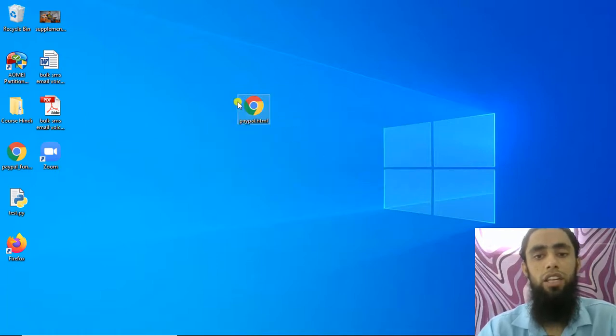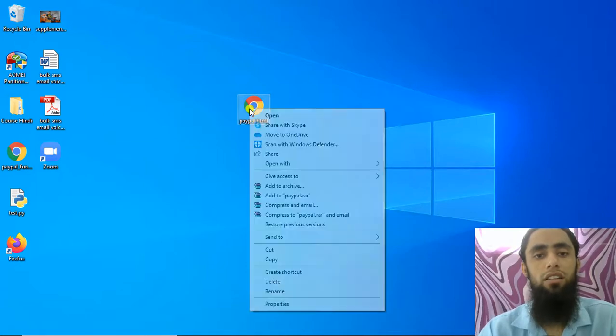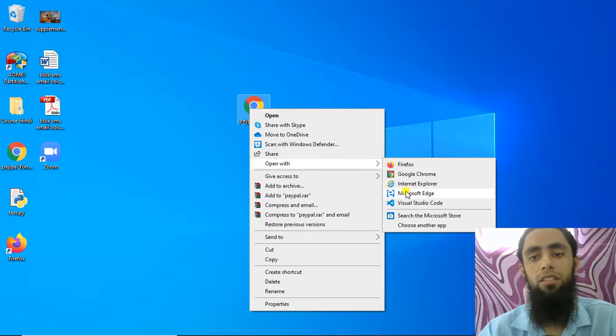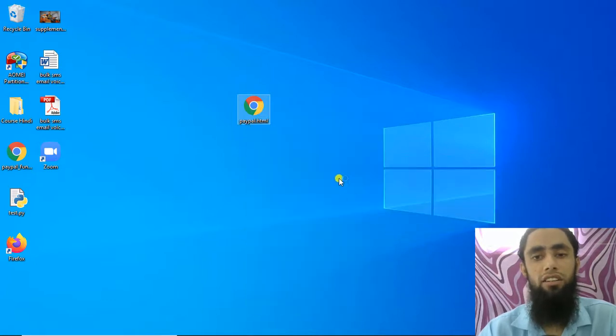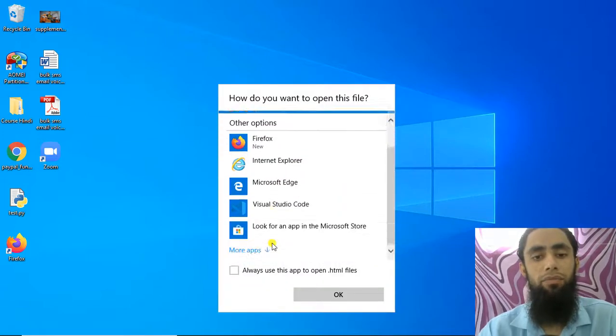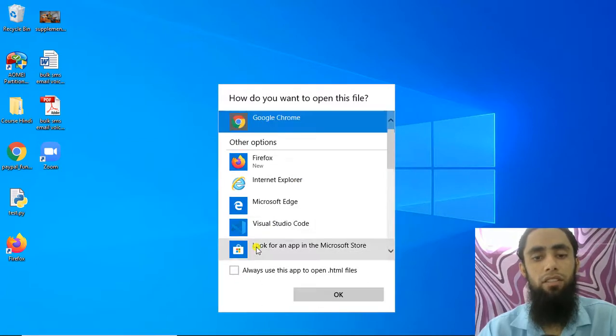So yes, we need to right click this one, and let me open with an editor. Whichever editor you are interested in using; I am going to use Notepad here.